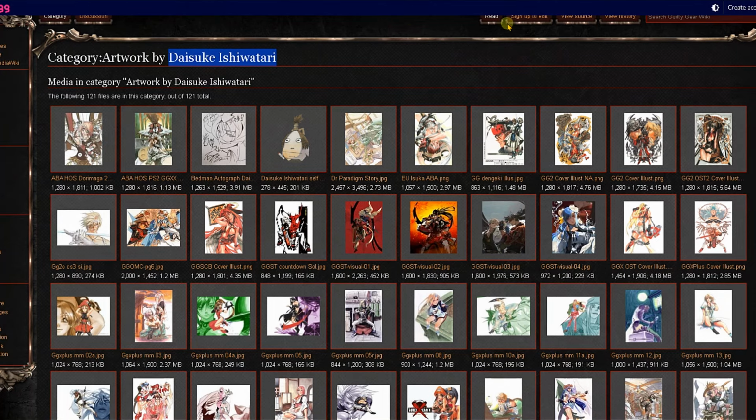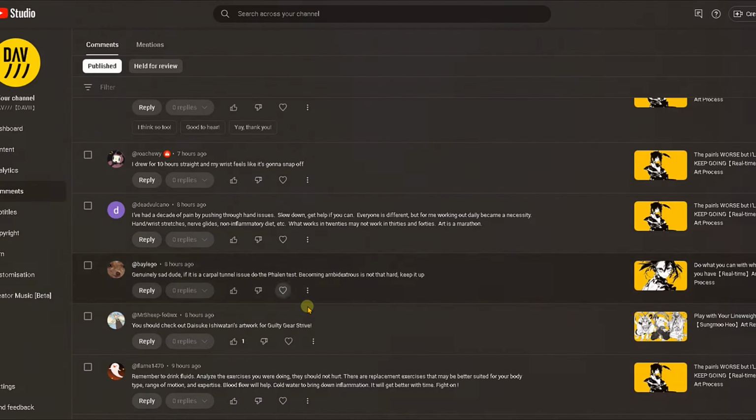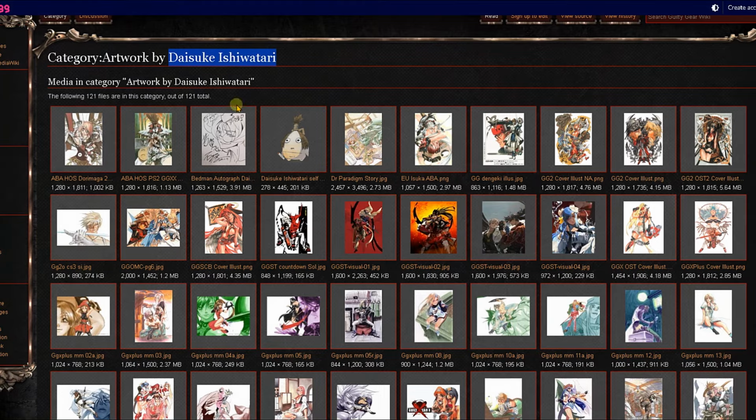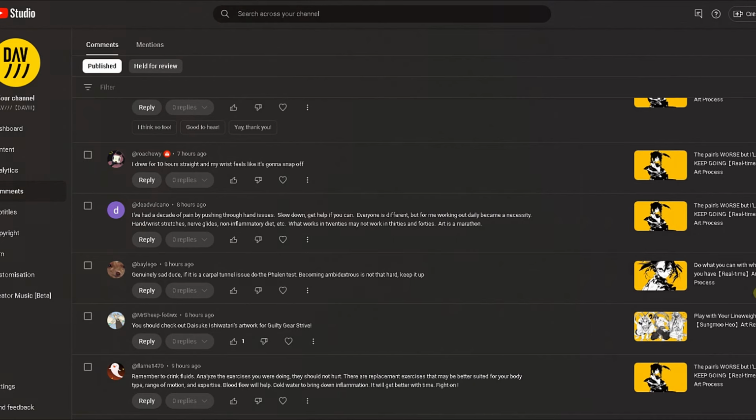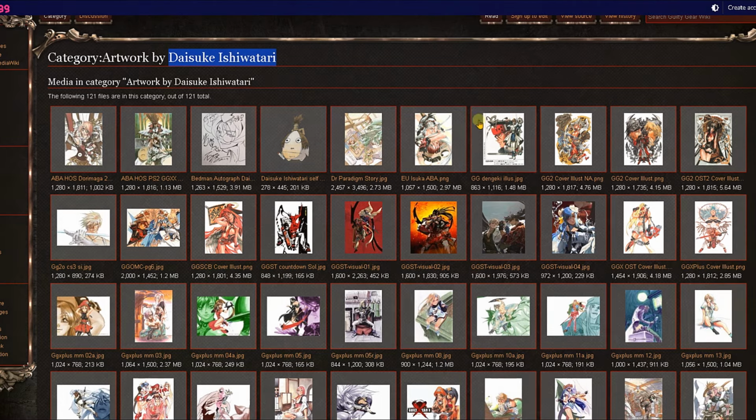Ishiwatari. Now, thank you, by the way, to the guy who recommended this, Mr. Sheep for WX. I think you mentioned this in the Sungmoo Heo video, and if you check out this guy's work, Daisuke, that's actually the first guy I thought of. Although in the play with your line weights video on Sungmoo Heo's work, I did focus more on the inked work, but he does have a lot of renderings as well, like colored pieces, and they have the same vibe, I guess, as Daisuke